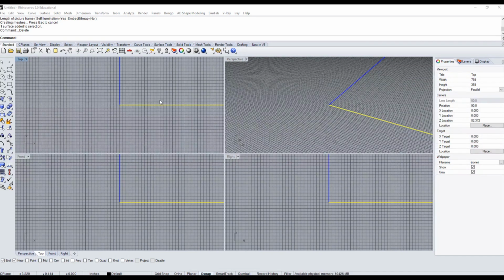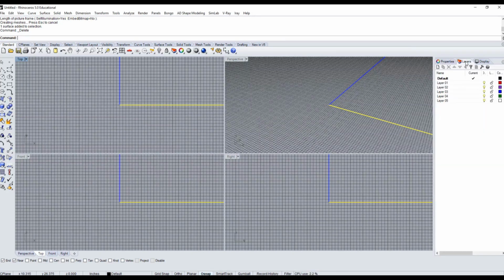There's a function called picture frame that allows you to position and scale your drawings and position them properly in the XYZ axis, and then start from there. Okay, so I'm going to show you from scratch how I do it and how I'm going to scale it properly. I'm going to go in the layers menu and double click where it's written default, and I'm going to change this to background